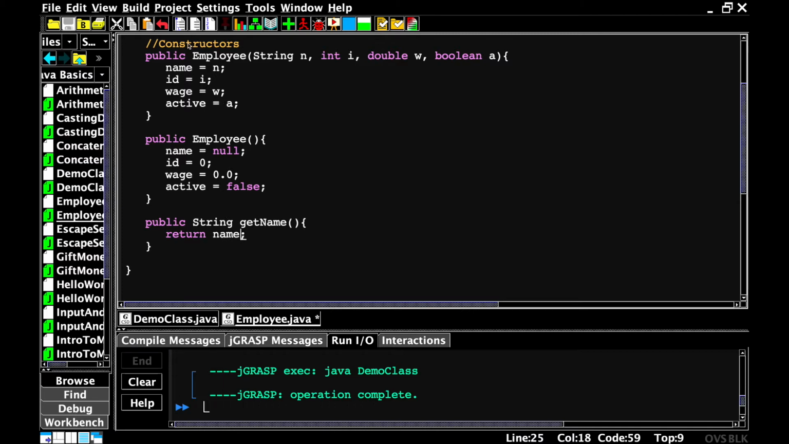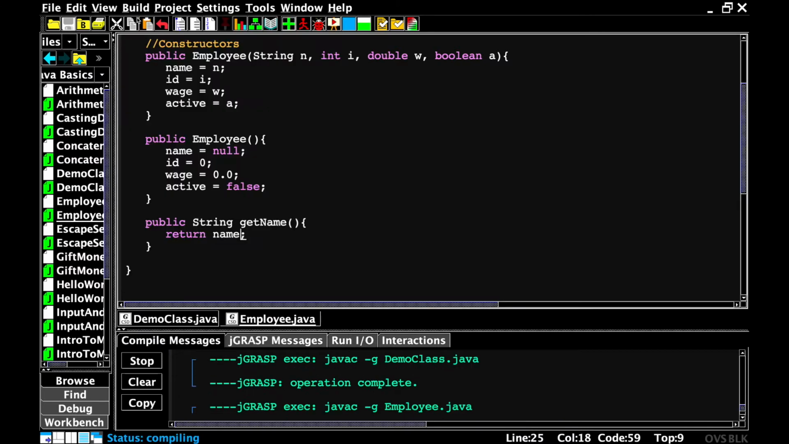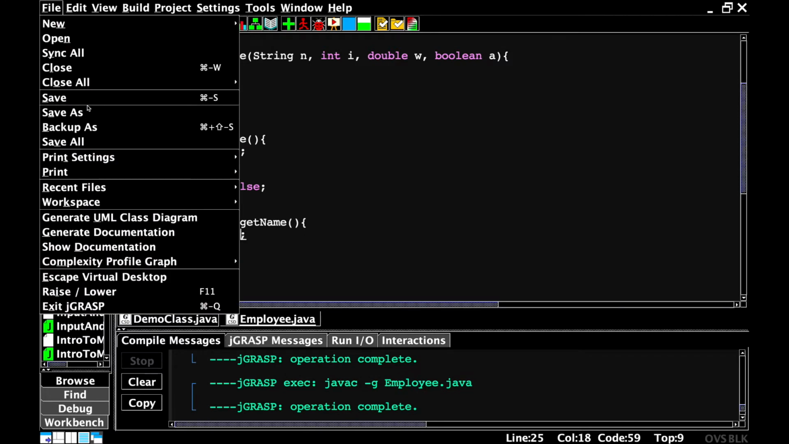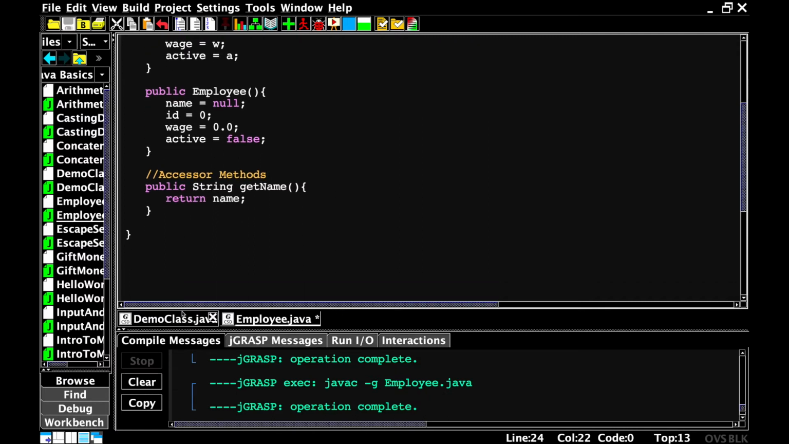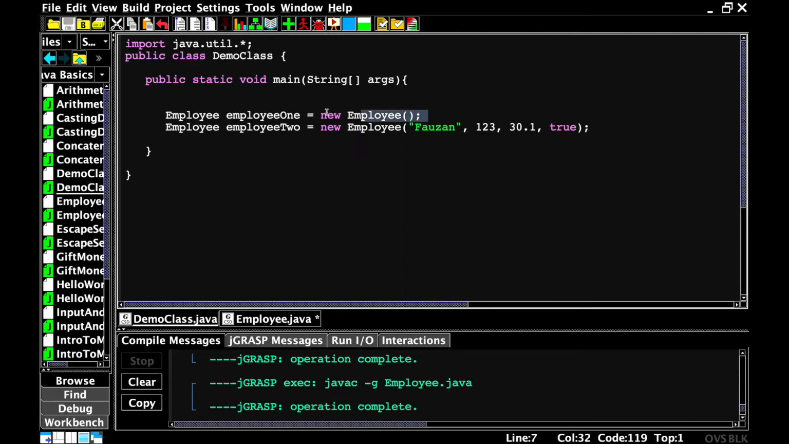So let's see how this actually works. Alrighty, so let me first save it, and I'm pretty sure it compiles correctly, so we should be good there. Let me also make sure that we have our labels, Accessor Methods. Alrighty, so we're back in our demo class. Alrighty, so just to recap,